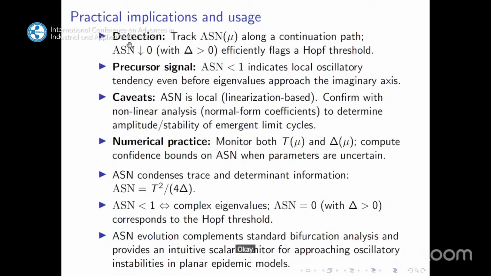Okay, so for detection, we track this value, the Atangana strength number, along a continuation path. The strength number decreases if the determinant is greater than zero, efficiently flagging the Hopf threshold. And then we also have precursor signal and caveats. What I can also mention here is that the Atangana strength number evolution complements the standard bifurcation analysis and